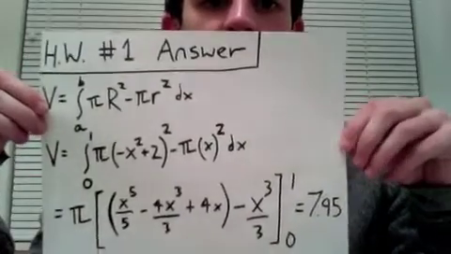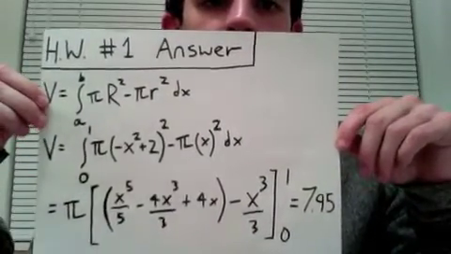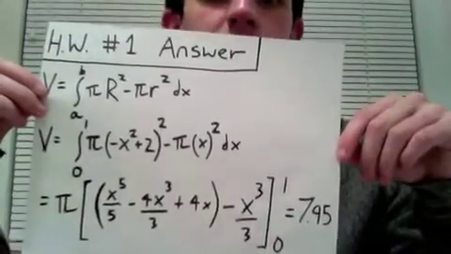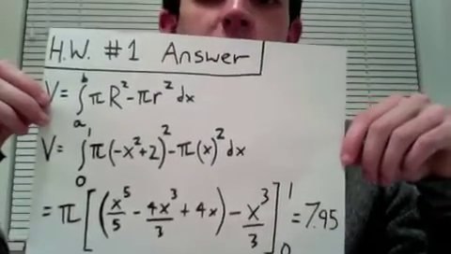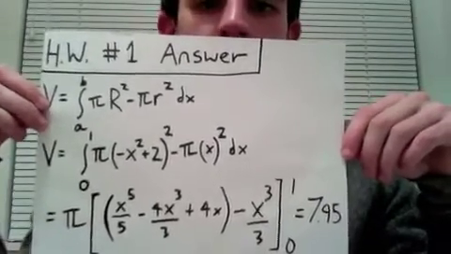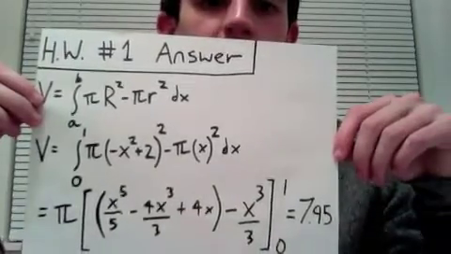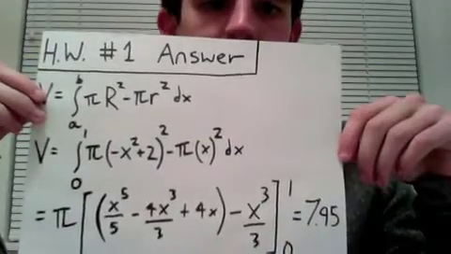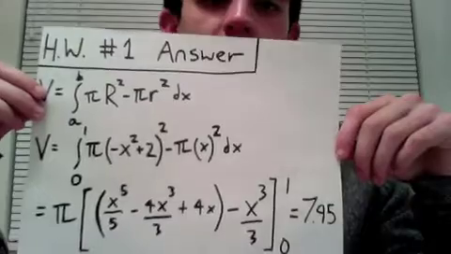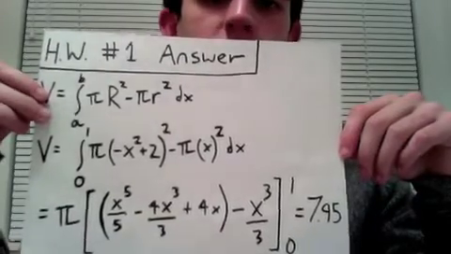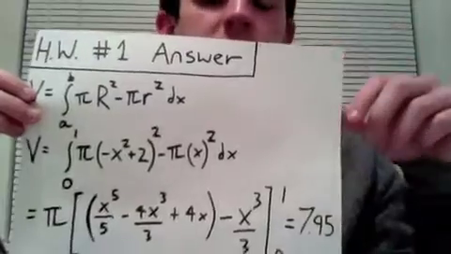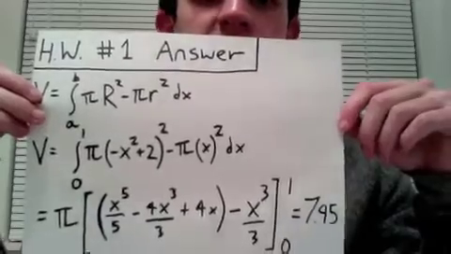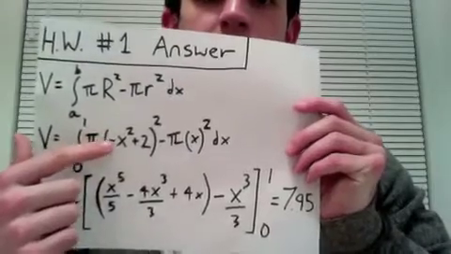So as we know, the volume, when you're using the washer cross-section method, is the integral from a to b of pi times the big radius minus pi times the little radius dx. So for this, it's going to be from 0 to 1, since they intersect at 1, which is kind of coincidentally really convenient. But it's going to be pi times the quantity negative x squared plus 2 squared minus pi times x squared dx. And it gets pretty messy, so I actually just FOILed it out here into the antiderivative,